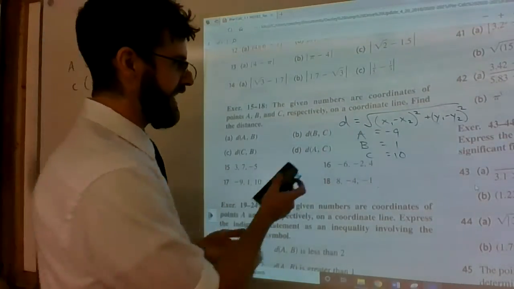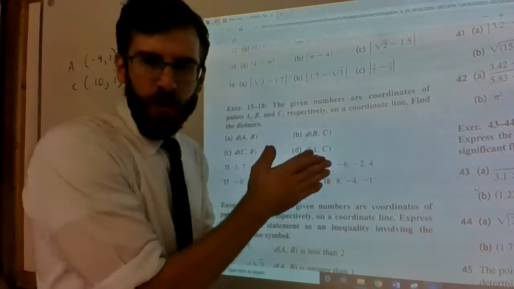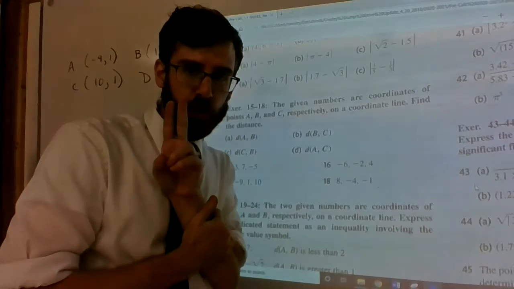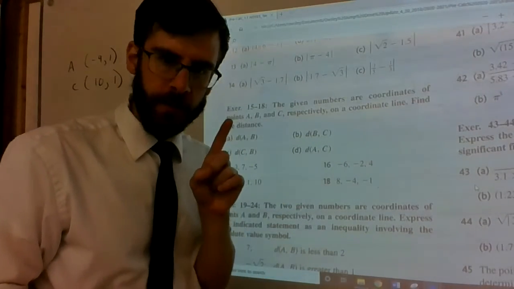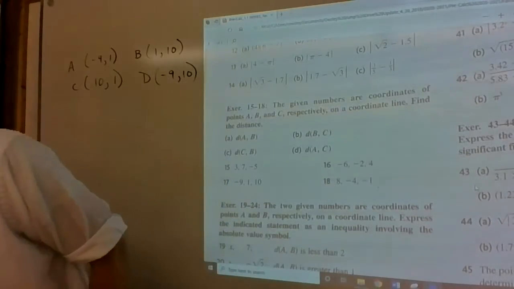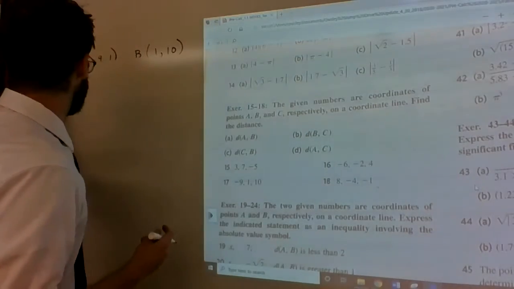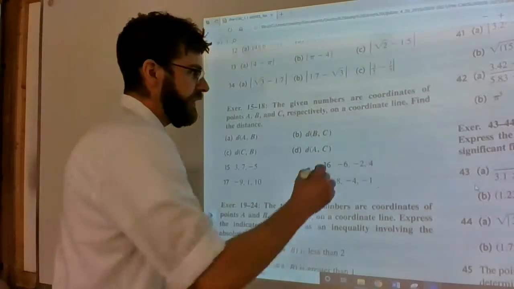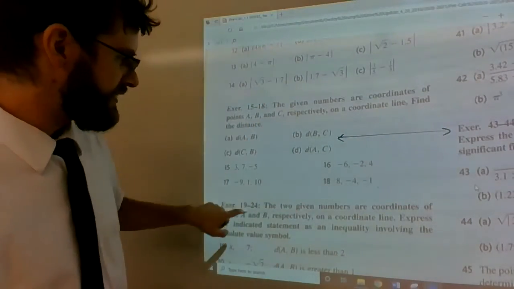What they're saying is that these are coordinates on a number line, not in two variables, not on an xy plane, but just on one number line. This is good news because it's way easier. All you have to do, so I'm going to erase this first, and then write a number line that says, okay, point A, B, and C are,